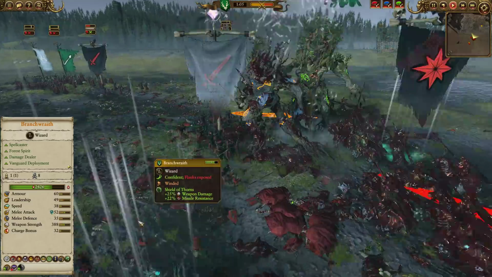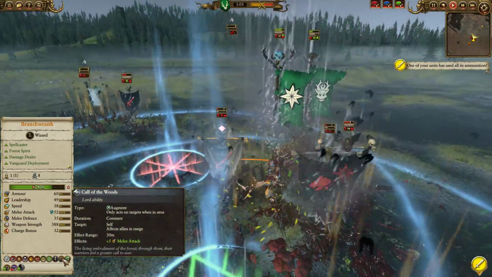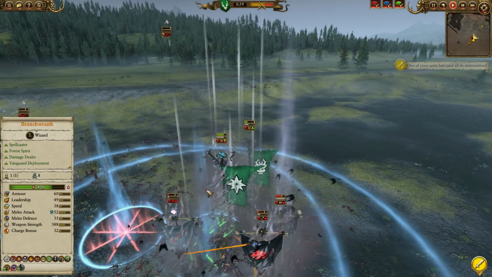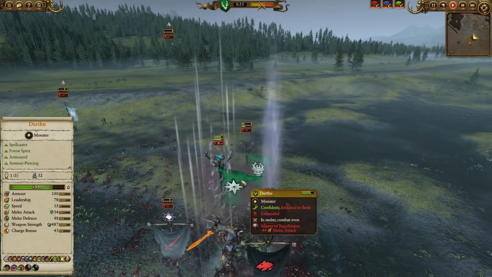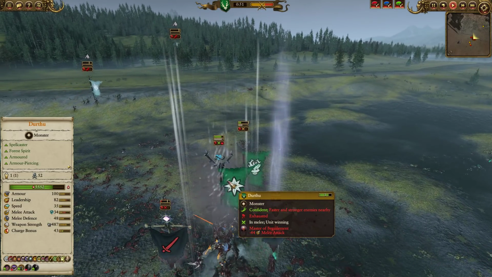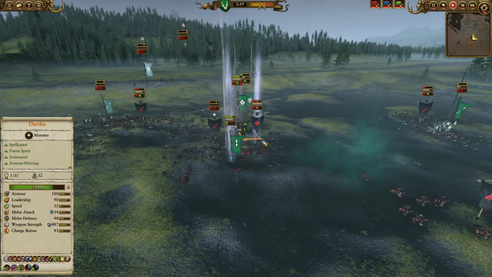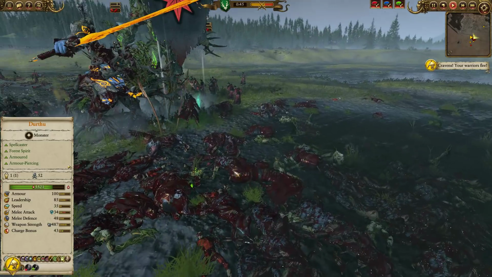We've also got the Branch Wraith on station, providing that little melee attack buff, the Call of the Woods. He's actually giving that to both Durthu and the Treemen here, buffing their melee attack ever so slightly. Those look like Master of Beguilement's gone down on Durthu, bringing his melee attack down to only 34, but even still, Vlad's at his healing cap now, so all the damage he takes will be true